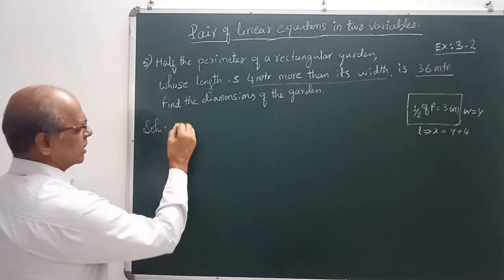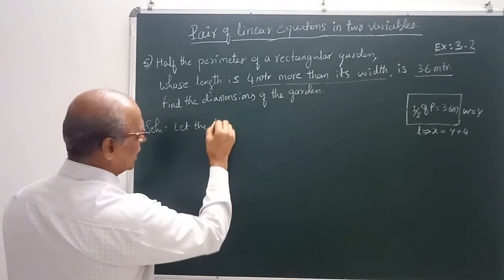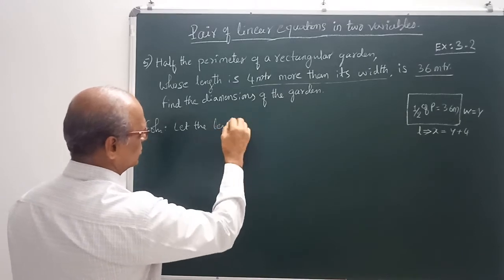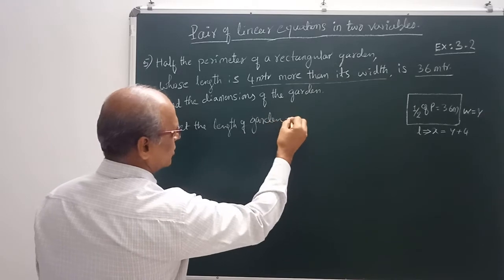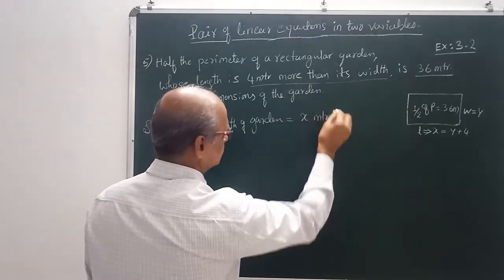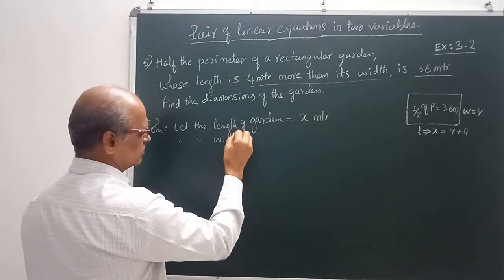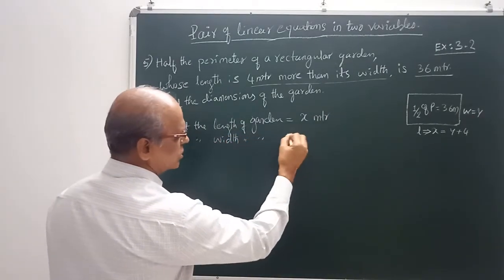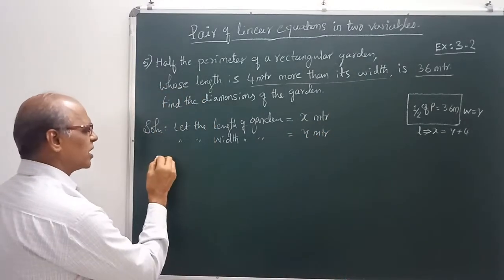Okay, see here. Let the length of garden be x meter. Similarly, the width be y meter. Right. Therefore,